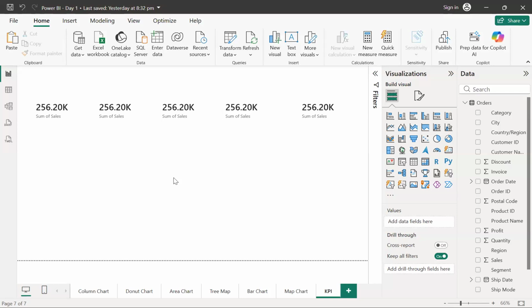Then the third thing which I want to get is the total number of customers. That total number of customers is going to be the unique number of customers, because a customer can make multiple orders, but I want to know how many unique customers we have made so far in those 4 or 5 years of time.